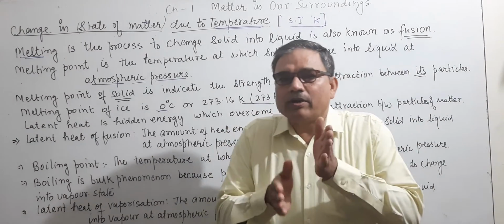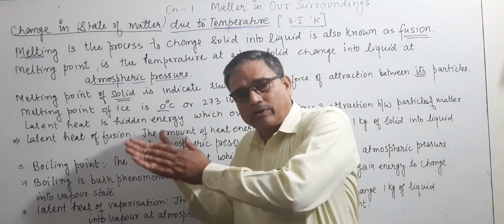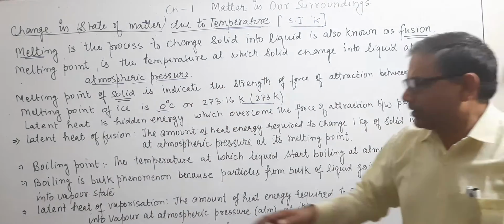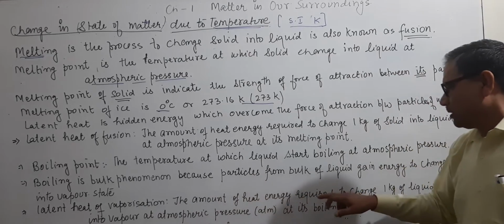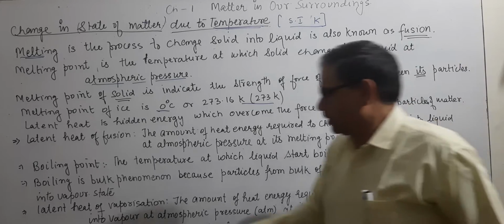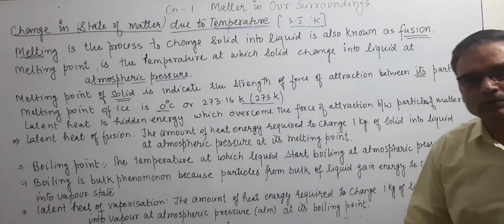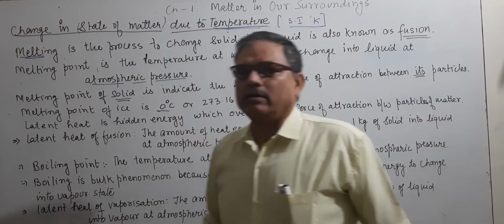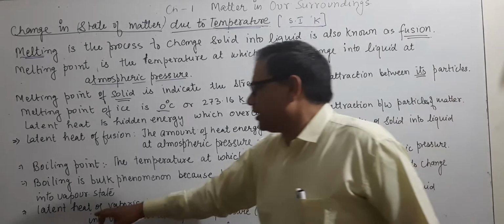The amount of heat required to change 1 kg of liquid into vapor at atmospheric pressure at its boiling point. Latent heat of vaporization: the amount of heat required to change 1 kg of liquid into vapor at atmospheric pressure. Vapor means liquid into gas. उसमें जितनी हमें हीट चाहिए उस एटमॉस्फेरिक प्रेशर, उसके बॉइलिंग पॉइंट को हम बोलेंगे लेटेंट हीट ऑफ वेपराइजेशन।